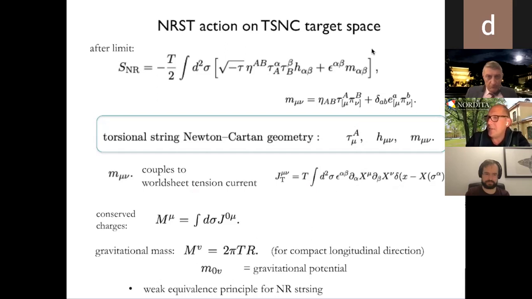And you can actually see here, in some sense, that the string satisfies some weak equivalence principle, because the prefactor here of the kinetic term is like the inertial mass, or the inertial tension, and the prefactor here in terms of the coupling to m, because you can view m as the gravitational potential, as one can show with a little computation. The coupling here, which is also T, can be regarded as the gravitational tension of the string. So non-relativistic strings satisfy the weak equivalence principle. Again, in their equations of motion, the tension would drop out.